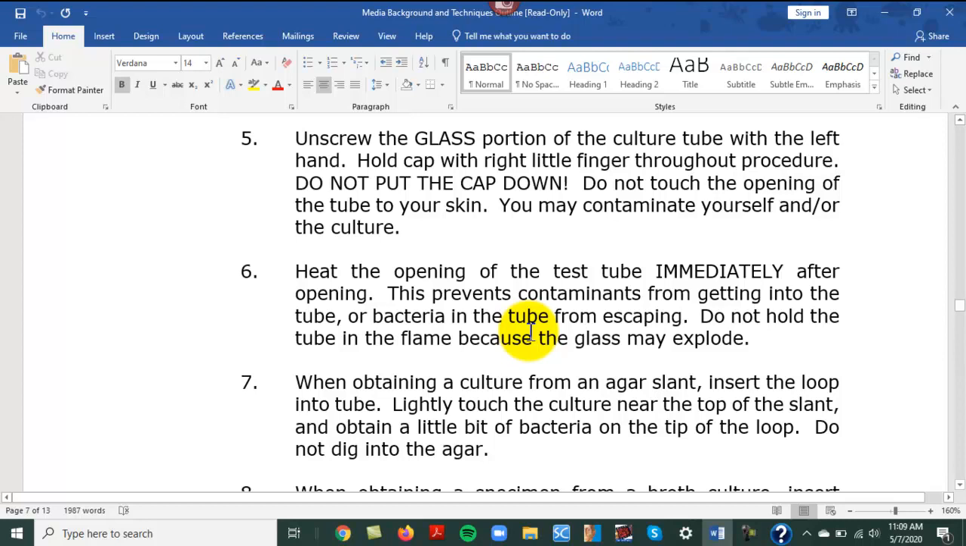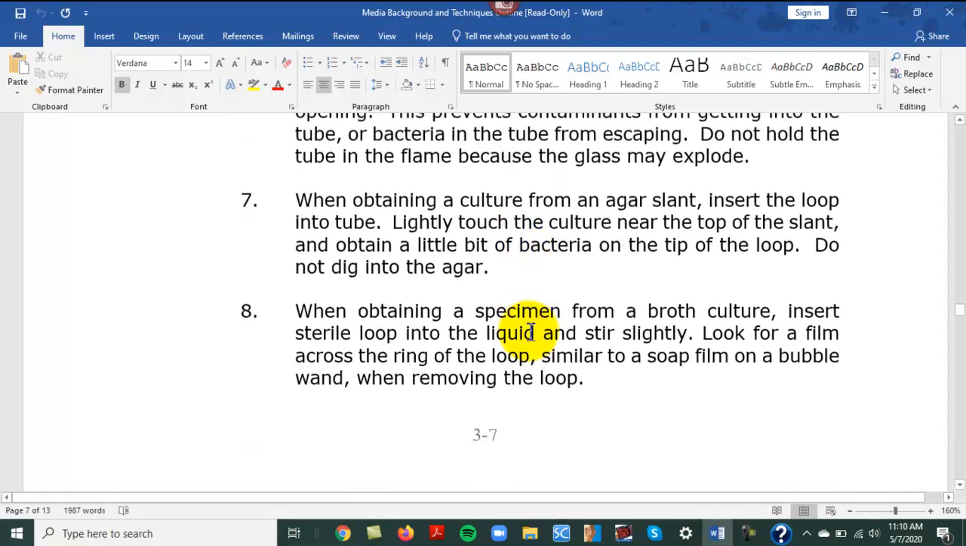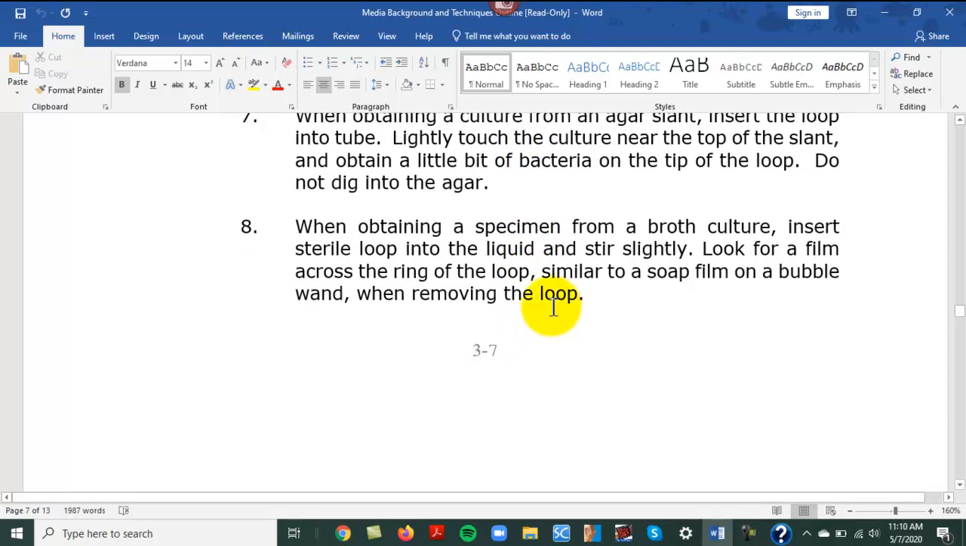So you would heat the tube, and you can see the video for that. You would then take your loop. You would get some culture on your loop. You would take the loop out of the tube. You would then heat the tube barrel again and put the lid on it, and you're trying to minimize any contact with skin. You would then open up the sterile tube that you're going to transfer it into. You would heat the tube of that, and then you would put your loop inside if it's an agar slant,